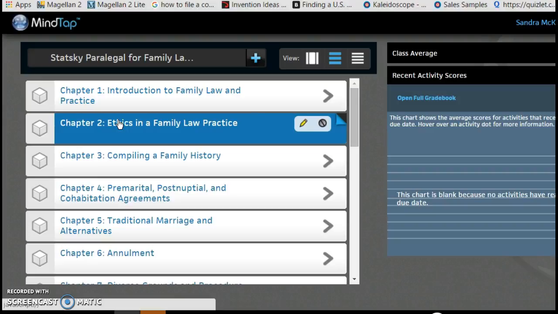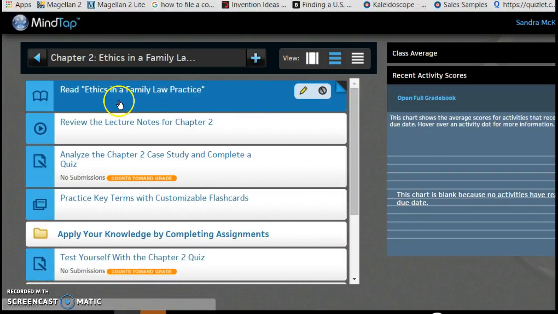The great benefit about MindTap is you can hide chapters from your students, or you can change the order of your chapters, and you can add your own content to MindTap. Basically, how MindTap works is it starts with very general, basic knowledge of what you're going to go over, and it goes down to the really specific to make sure that your students understand the material and are ready to take their exam. So I'm going to click on Chapter 2 here, and you see we have a reading,